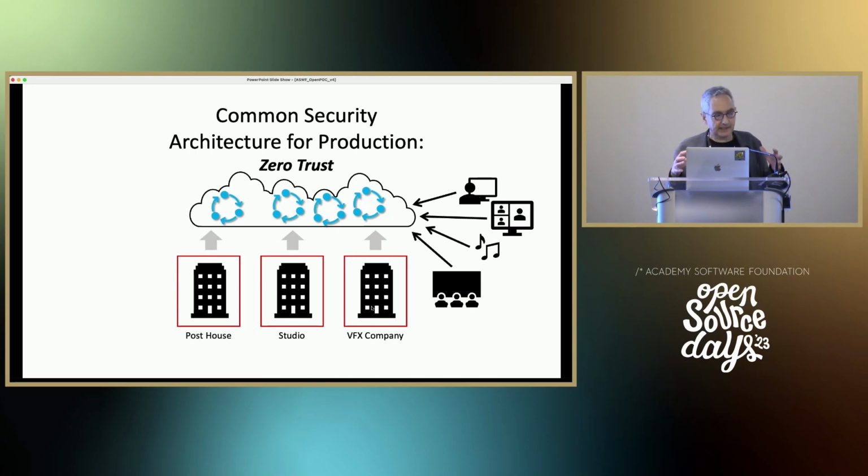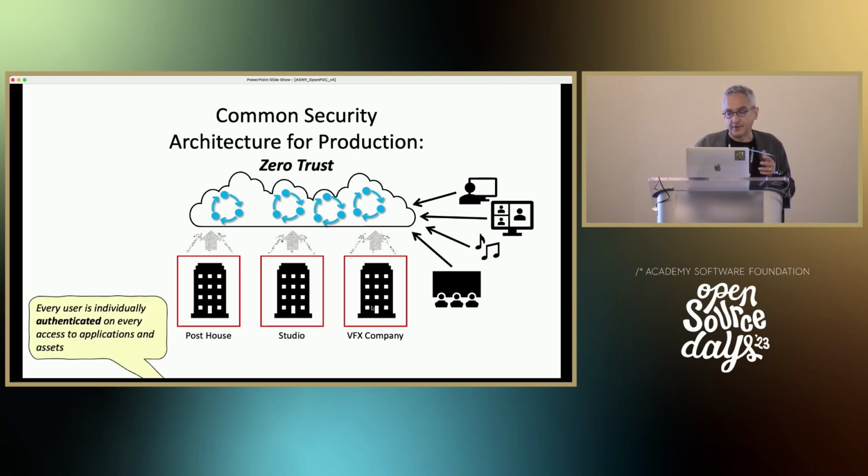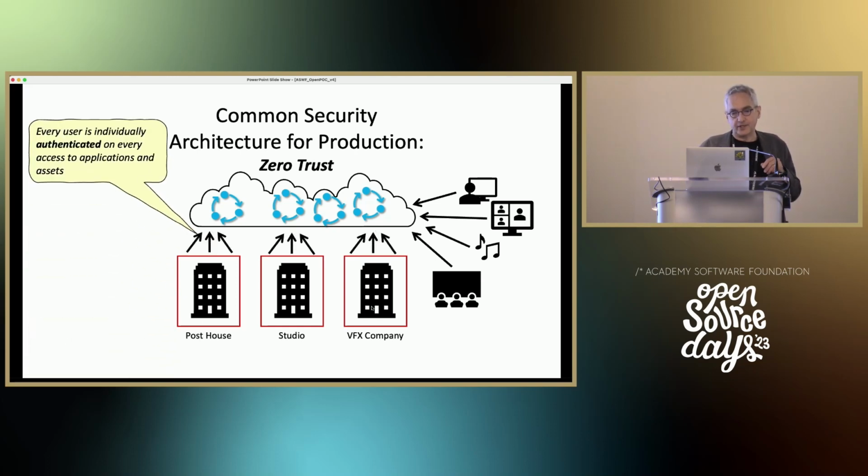You don't have the hard shell and the soft marshmallow on the inside, where once someone pokes a hole in the outside, they have access to everything, and the viruses can easily spread laterally. You can jump from file server to file server and pull out assets. Whereas if you had multiple authentication and authorization checks within, that would not happen. And so we think that model applies here as well.